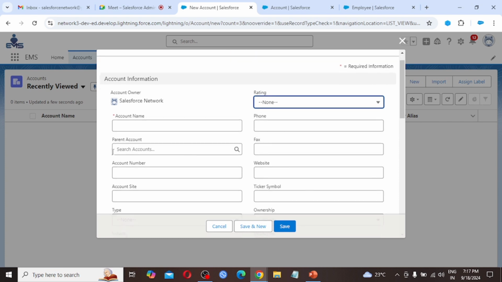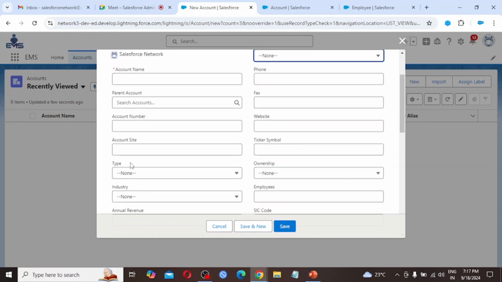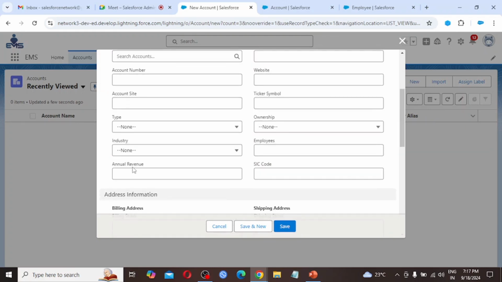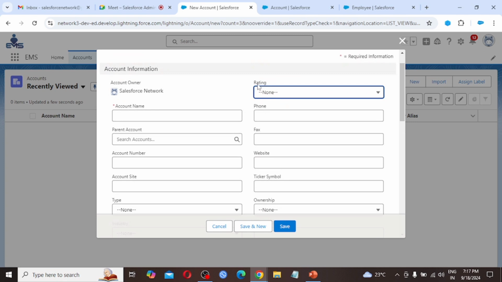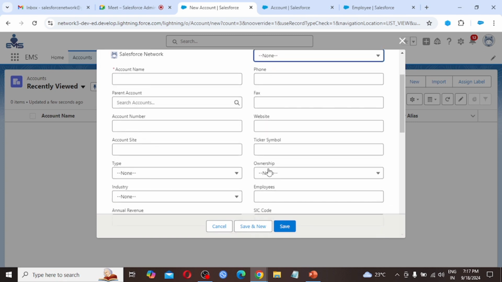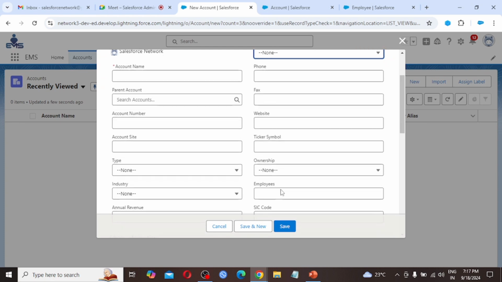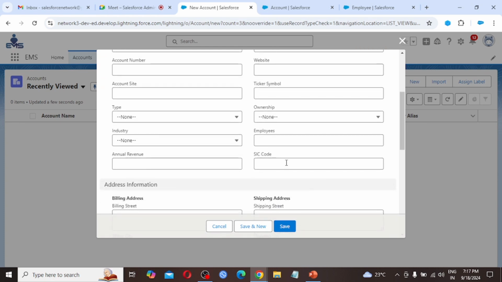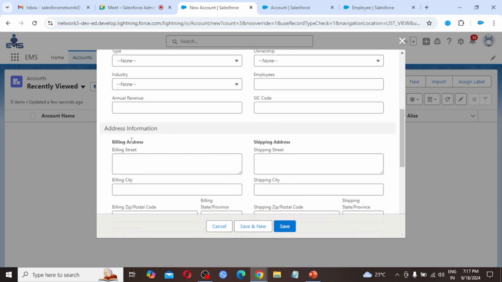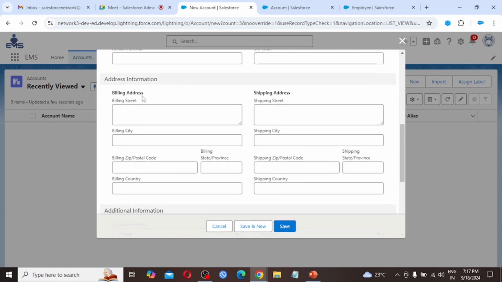So account name, parent account, account number, account site, type, industry, annual revenue. At the right side, rating, phone, fax, website, ticker symbol, ownership, employees, SIC code, and in the address information, billing address, billing city, billing zip postal code, billing state and province, billing country, and also we are seeing the shipping address.